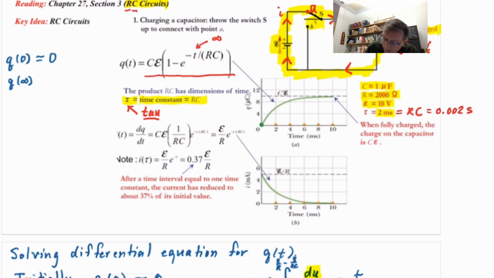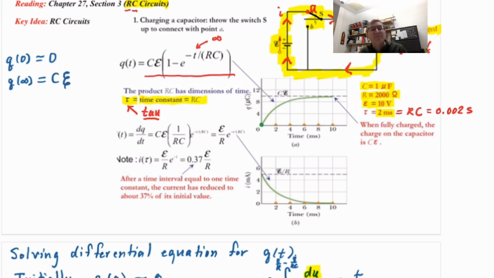Notice then that what you've got for the exponential is the exponential at minus infinity. Now, if you just think of the exponential function by itself, negative exponential, e to the minus t over RC, it just decays towards 0, right? A negative exponential function just decays asymptotically towards 0. So e to the minus infinity is 0. And 1 minus 0 is 1. And 1 times C EMF is C EMF. So the final charge